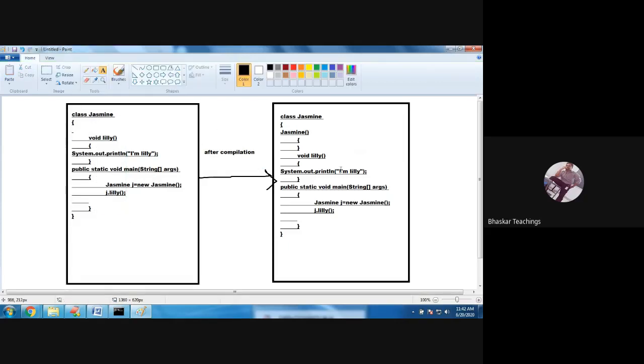Here I do not have a constructor, but after compilation, the compiler itself has included this constructor in my program. This is what you call the default constructor, the compiler generated constructor. That is why you were not getting an error at this point.